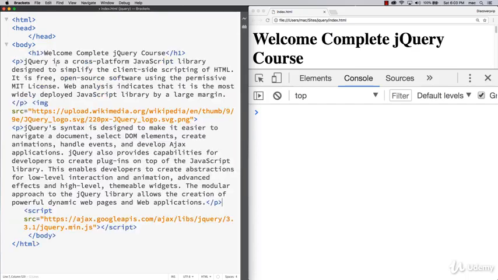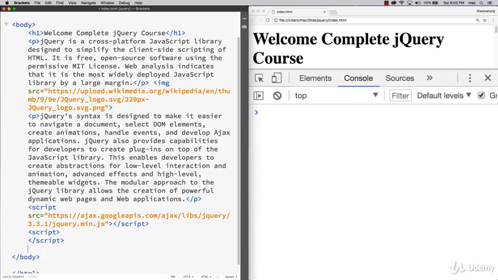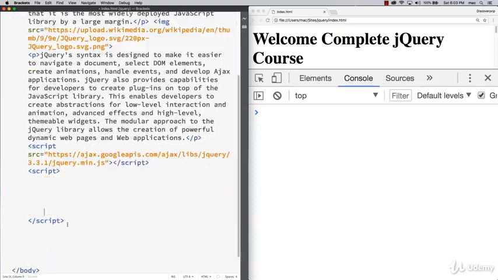So I'm just moving a few things around here and resetting it there. And then what I'm going to do here is add a script tag, because jQuery is just JavaScript. You should have some familiarity with JavaScript. We're going to go over, in the next section, a quick review of some of the basic functionality of JavaScript. If you're already familiar with JavaScript, you can skip over that section and jump right into the jQuery. So this is going to be for those of you that aren't that familiar with JavaScript. As well, if you're familiar with CSS, then you should have no problem getting the concept and jumping right